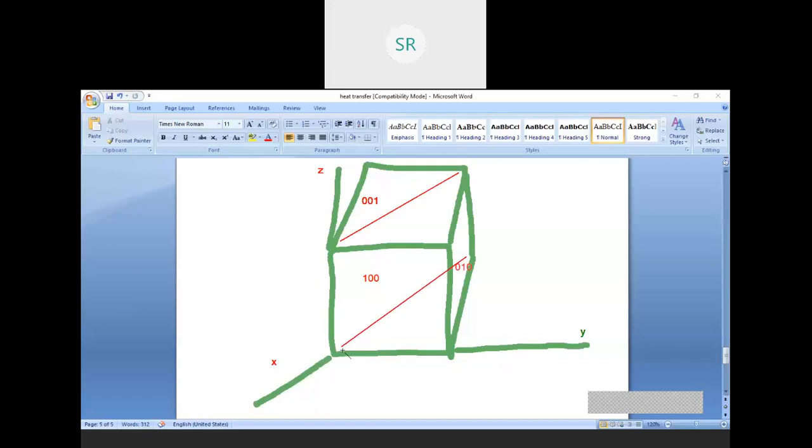So in the diagonal face it is 1, 1, 0. X is 1, y is 1, z is 0.